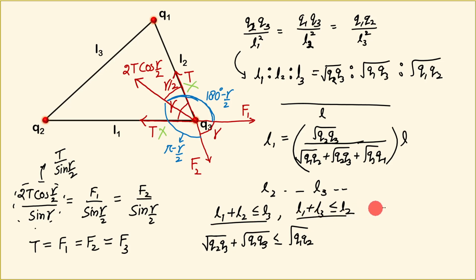We'll have three conditions, and corresponding to these three conditions we'll get three relations in the charges. We can also expand for the geometrical condition that the difference of two sides should be less than the third side. We can also write the relation between charges in terms of the difference, right? So I can write the modulus of L1 minus L2 should be less than or equal to L3, and we can do that also. So these are going to be the conditions for this case.